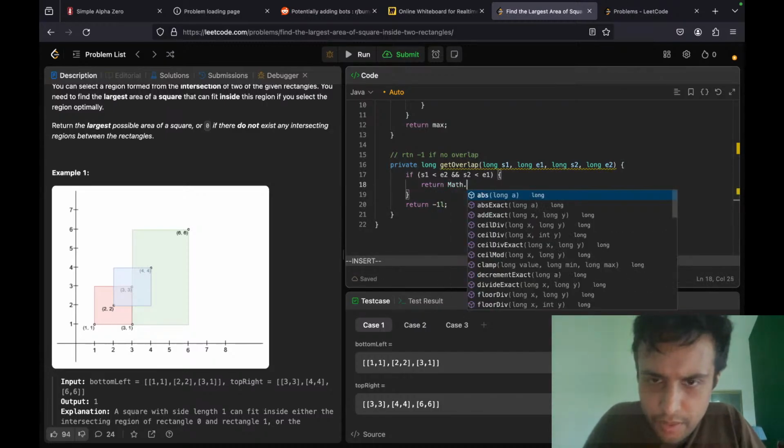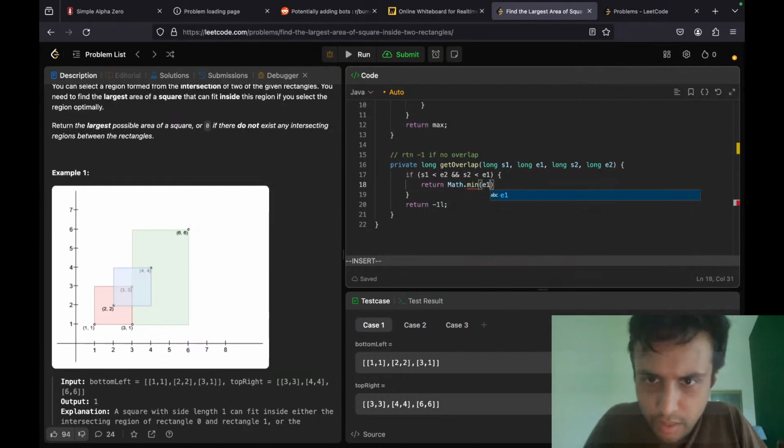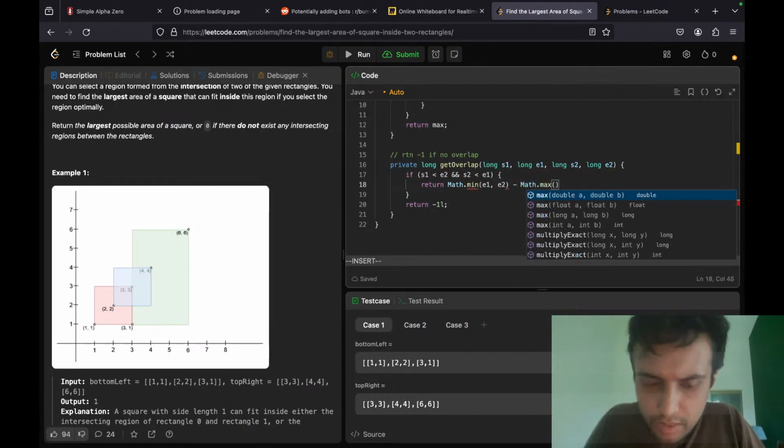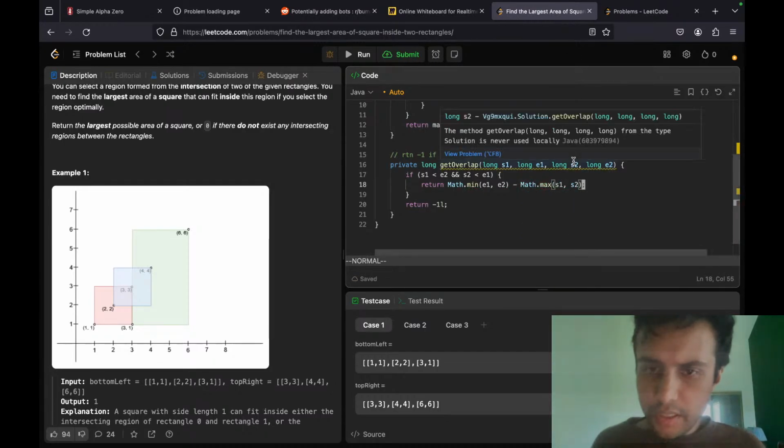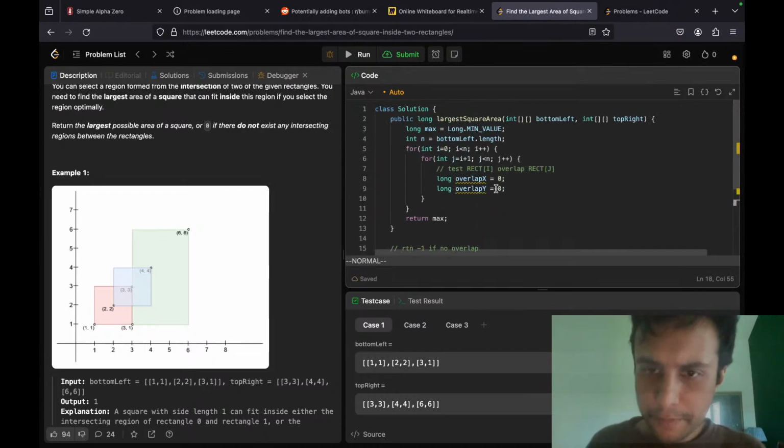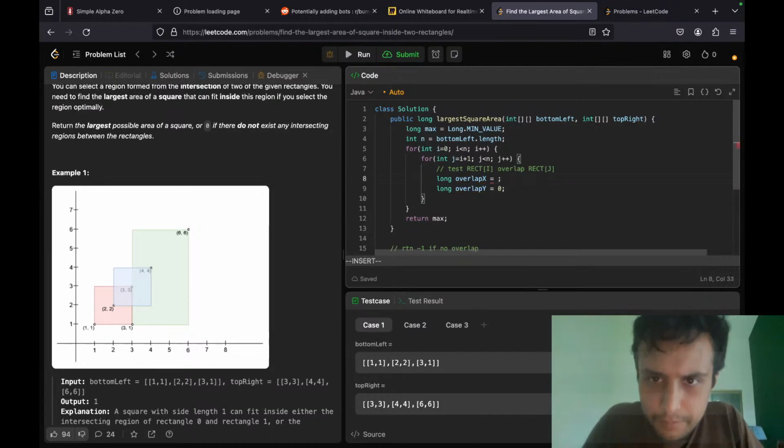Return math.min of E1, E2 minus math.max of S1, S2, like that, right? So I think that is your overlap. So then long overlap of x would be